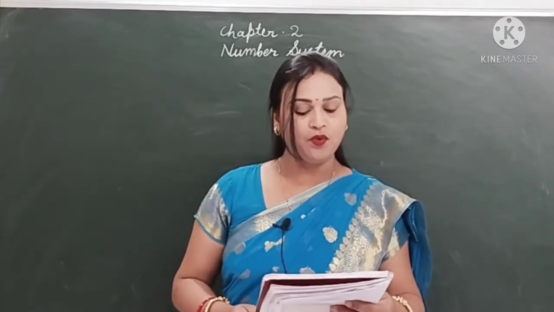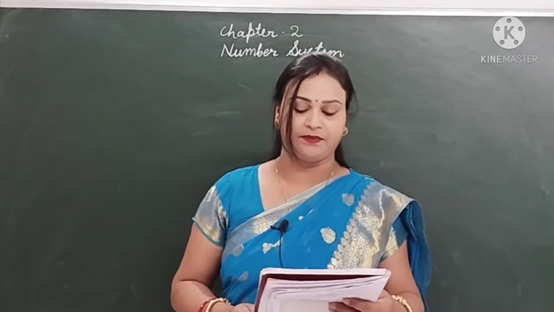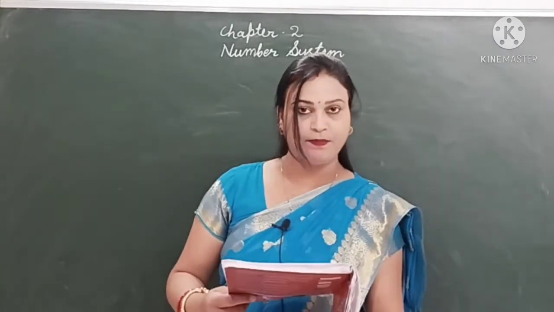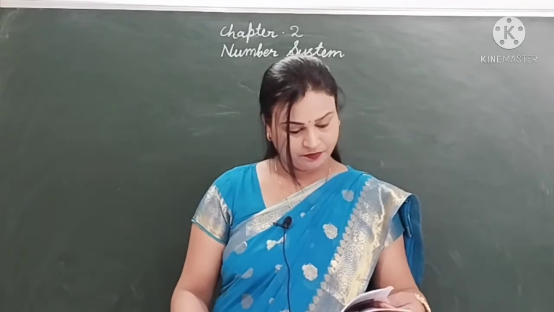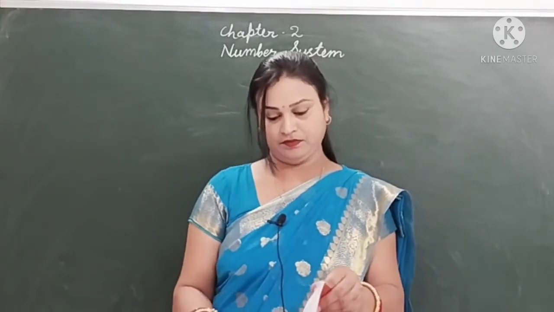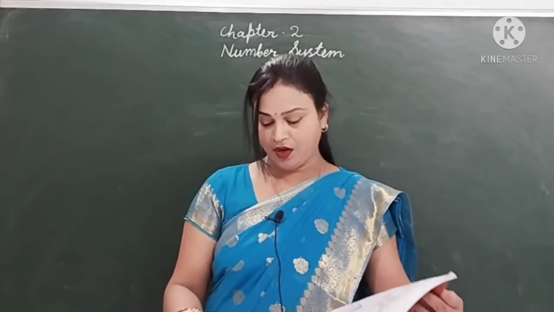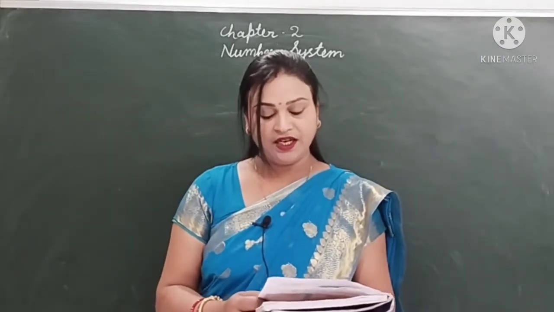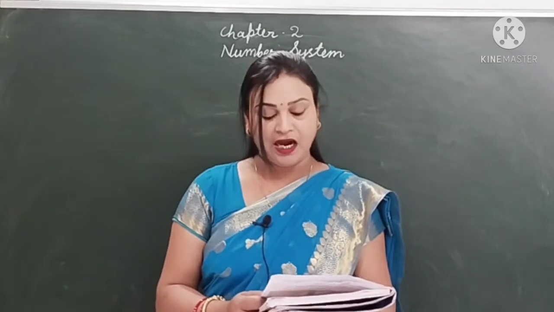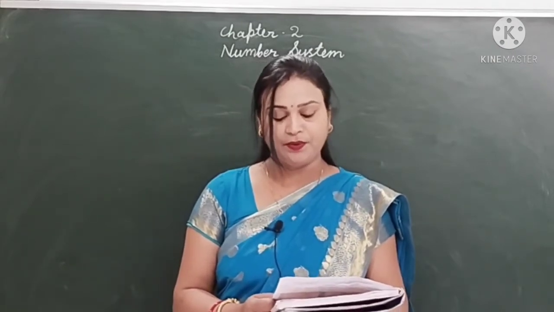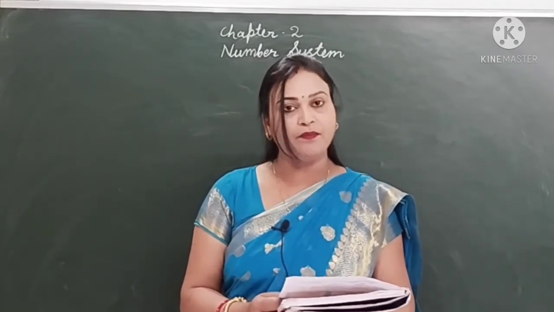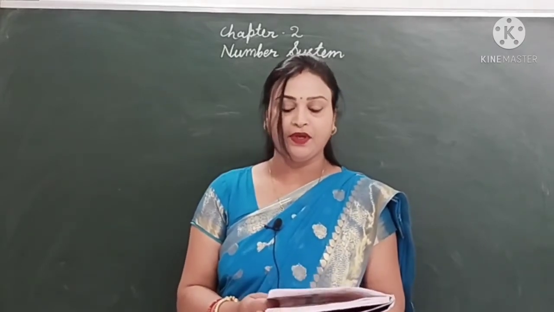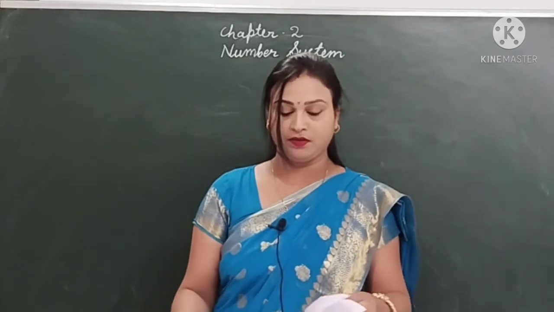See the first question, what is the base of a number system? The answer is given on page number 13. Come on page number 13. In this purple box, you can see the definition of base is given. Count of unique symbols used to represent numbers is called base or radix of the number system. Okay. Now, next question.